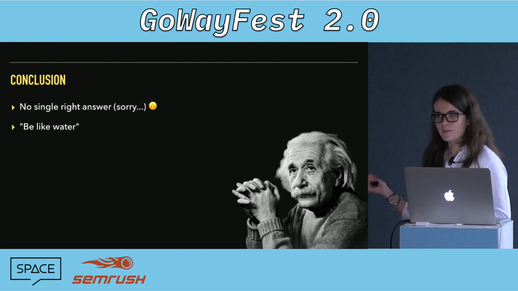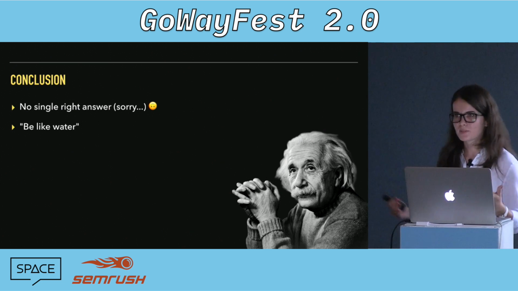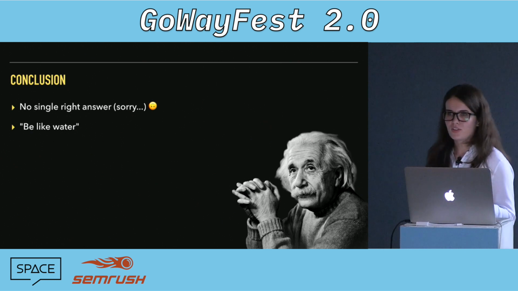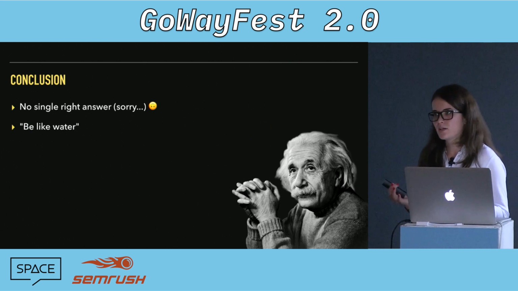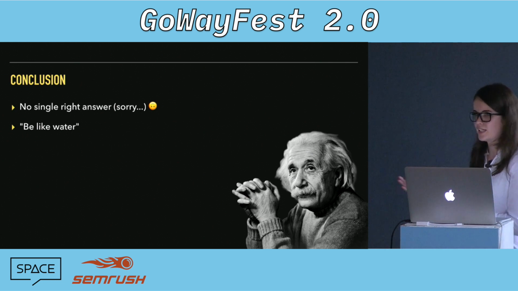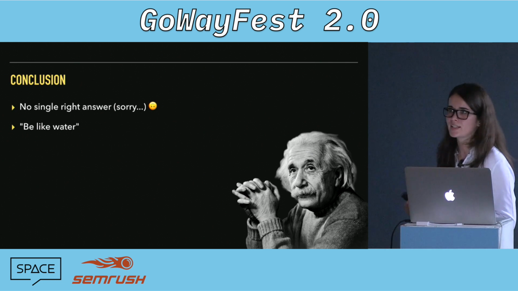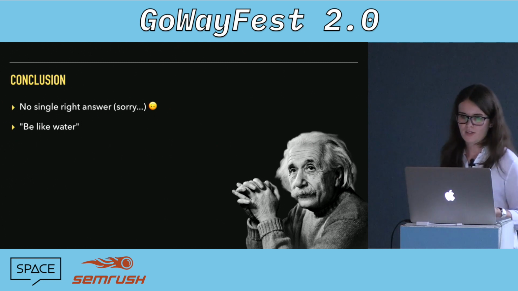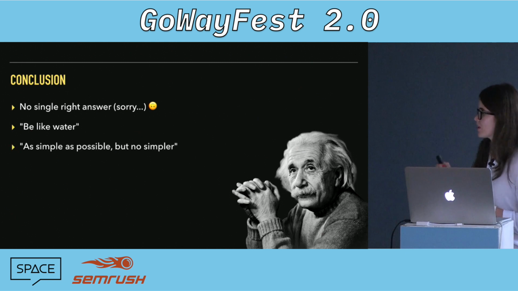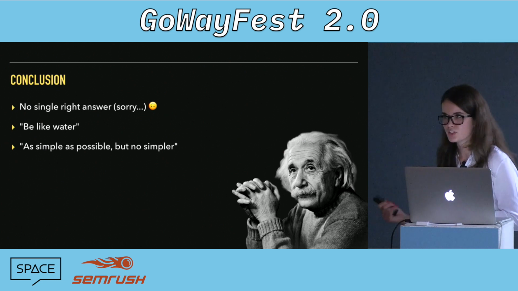Be like water, like Bruce Lee said. So almost expect the structure to change over time. You should expect that your domain and your language will morph and be expanded over time. So you should almost not expect to get the structure right the first time. It's very likely that it will have to evolve over time. So be prepared to change, be prepared to adapt. Don't overcomplicate for no reason. Go for the simplest solution for today, don't code for the future.